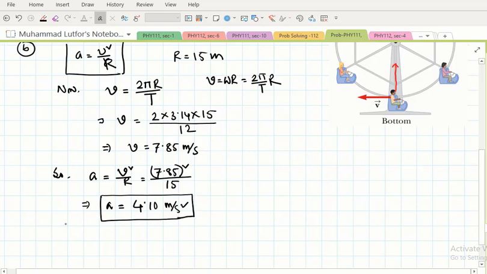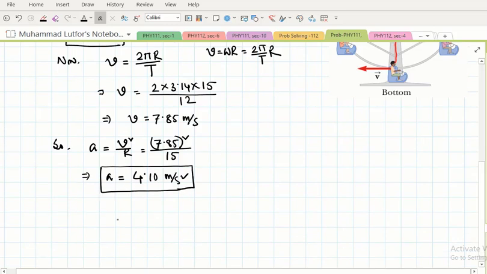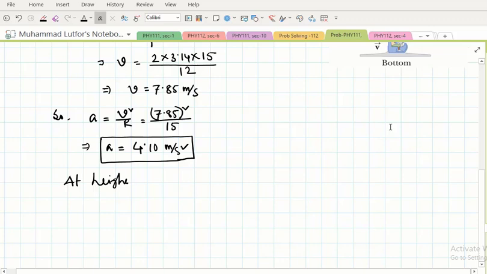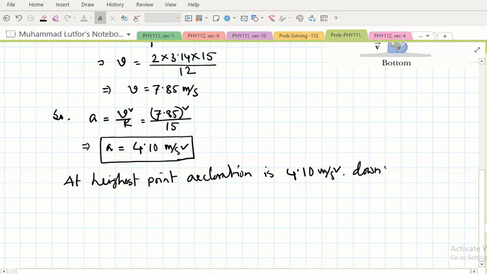So at the top, the direction would be downward. At the highest point, which means the top point, the acceleration is 4.10 meters per second squared, and the direction is downward,